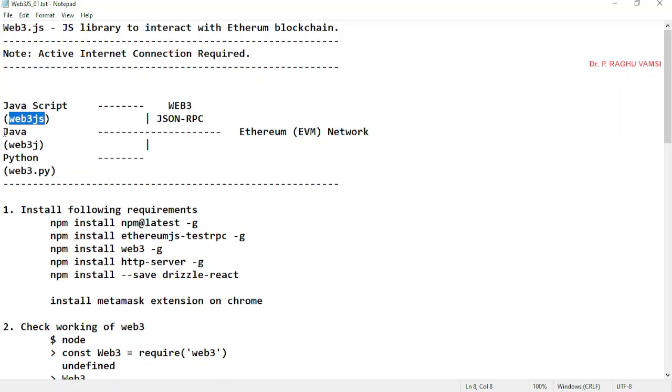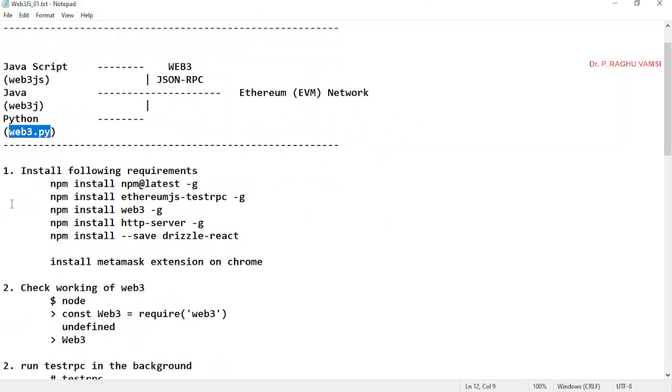If you are developing an application with Java, then Web3j is required. If you are developing a front-end application with Python, then Web3.py is required. So these are the three packages, or we can say APIs, with which we can communicate with the backend blockchain network. We all know how to install this.